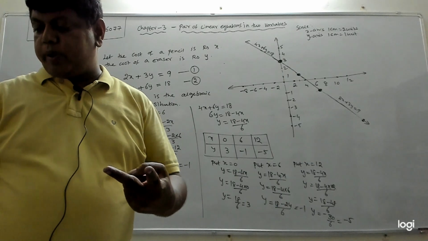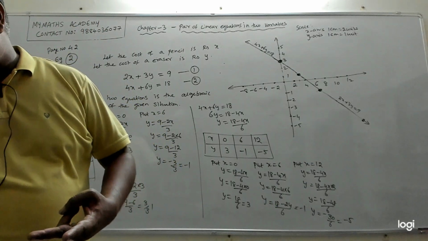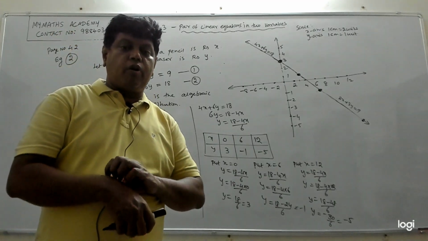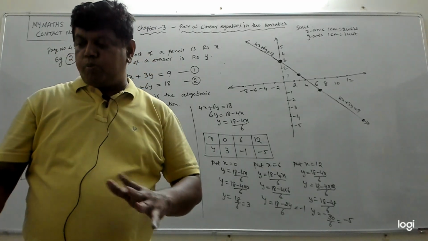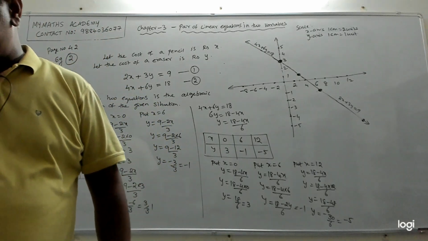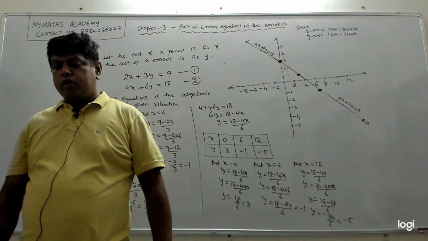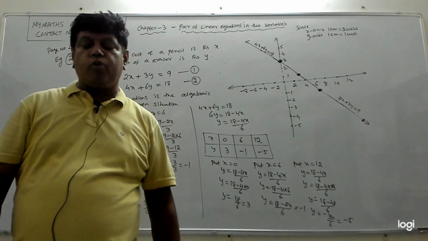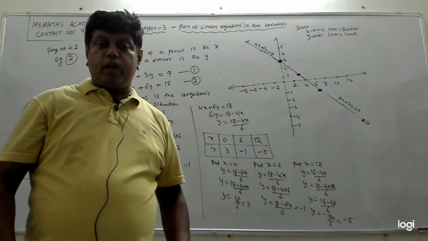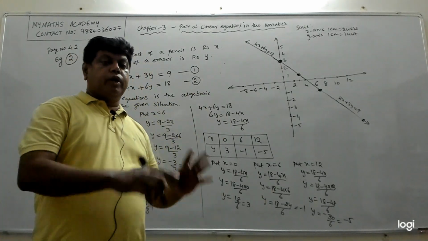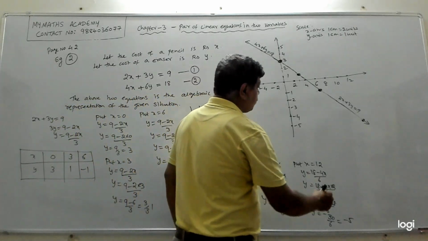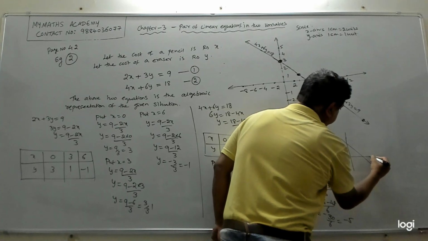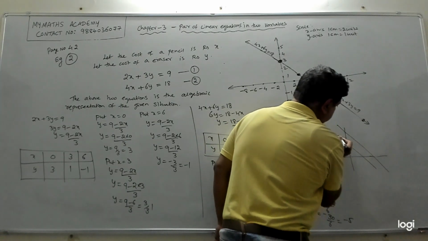Again they have given the two equations, which are x plus 2y minus 4 equal to 0 and 2x plus 4y minus 12 equal to 0. You need to draw the graph for both the equations, and if you draw the graph, go to the next page, page number 44 in your textbook. You will get the graph that is given in figure 3.4 of page number 44, where you will get two lines as parallel. Suppose if you draw the graph x-axis, y-axis, you will get two lines like this. Both will be parallel.